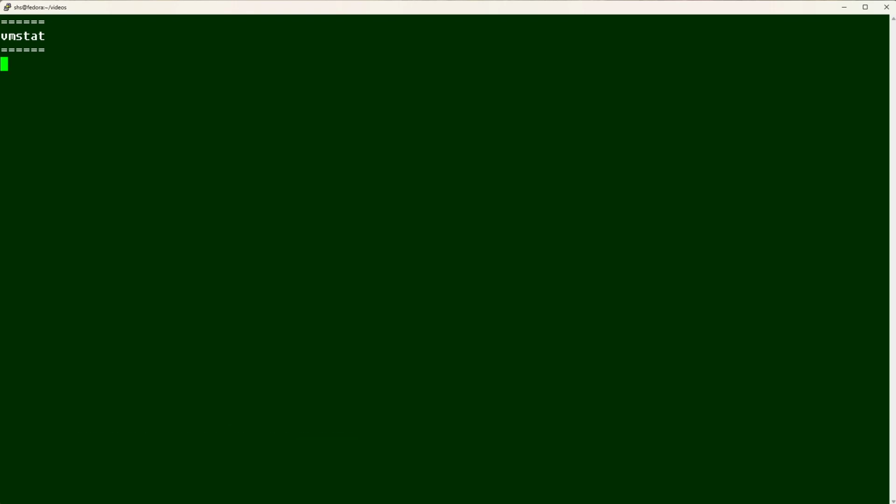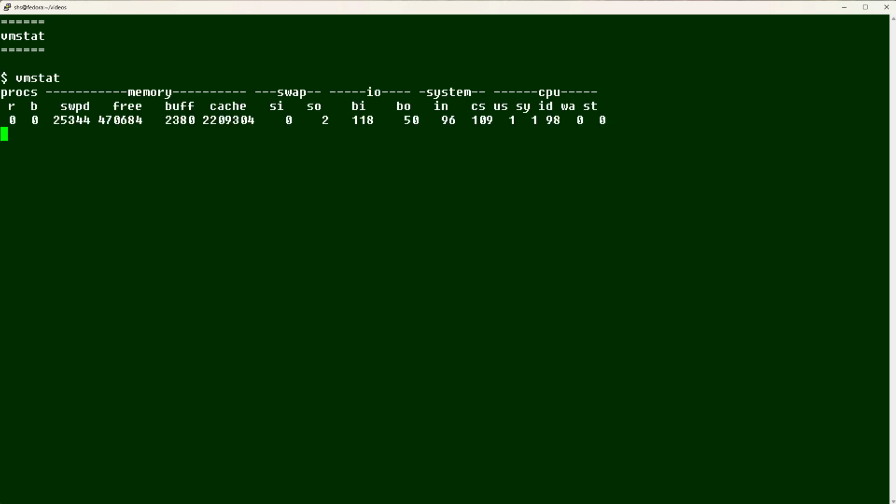In this video, we're going to take a look at the vmstat command that reports on virtual memory usage. It provides stats on memory, paging, block I/O, traps, disks, and CPU activity. So here's an example of running vmstat. And you can see we have a lot of data there with the overall headings and the individual column headings